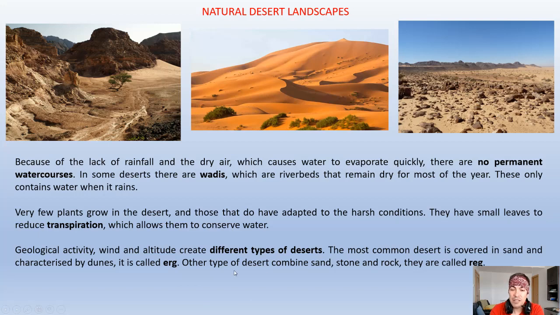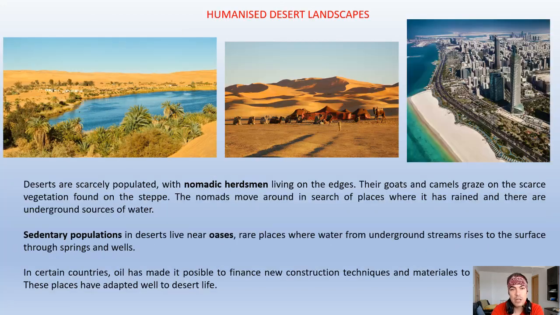The other type of deserts combine sand, stone, and rock. It's a rocky desert, if you want to name it like that, and it is called reg, which is this one here on the top right of your screen. So the humanized desert landscape looks like this, because deserts are scarcely populated, very few populated, with nomadic herdsmen,